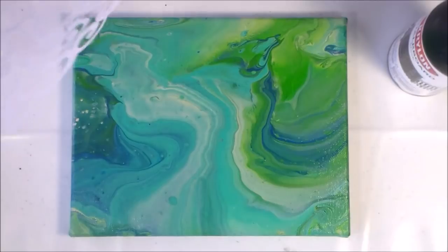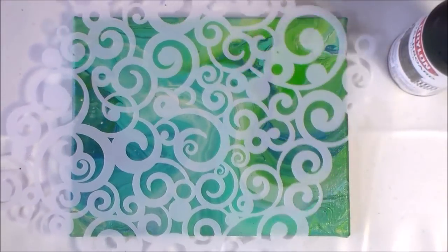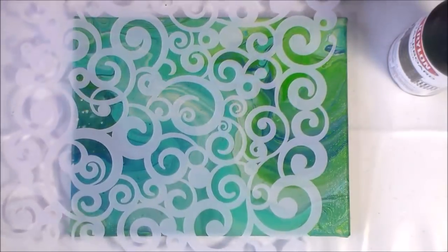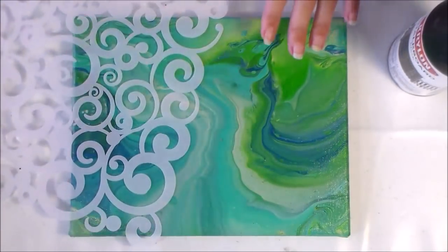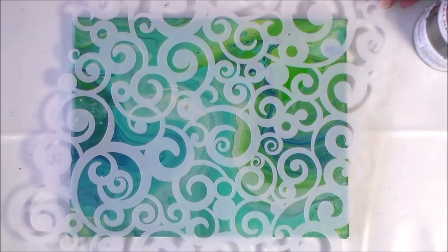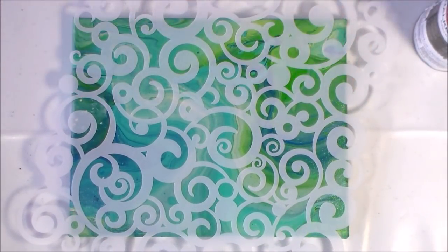So my painting skills are nil. In terms of being able to paint something lifelike or realistic, a stick figure is about all I can do. So that gives me limited options in terms of what I can do to embellish a pour. So I happened to find this in my art store and I thought, well, maybe that could be kind of interesting. So what I'm going to do is lay it on top of my pour like this,